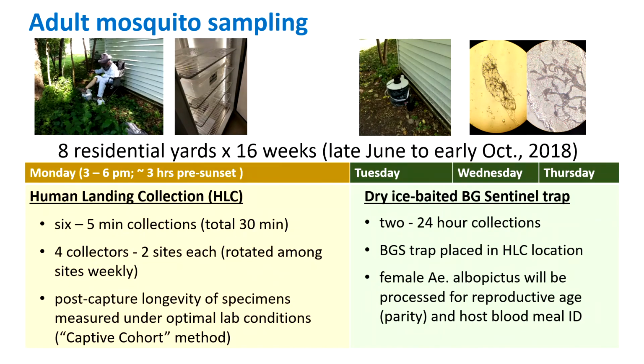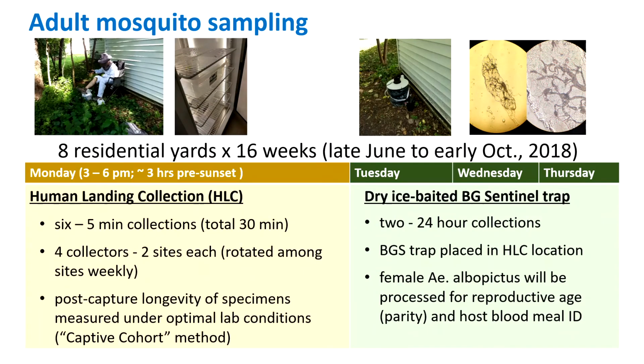This is the one that provides the most direct measure of human biting rate, and it involves having a person in a seated position in a very sheltered habitat where they expose one lower leg and then just use a small handheld aspirator and collect all of the mosquitoes that land on their exposed skin surface. And we collect them at 5-minute intervals over a total 30-minute period. And by collecting them at intervals, we get a more direct measure of, say, the effect of exposure time on